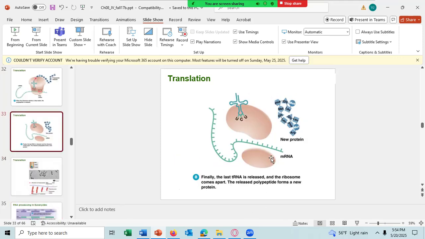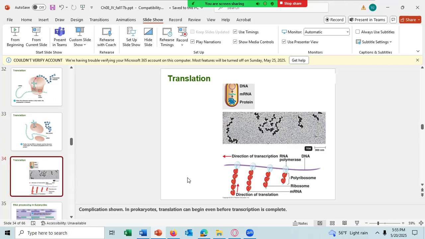And there you see the ribosome falling apart into two pieces. The messenger RNA is now released. The tRNA is also released, and the protein is released. Any questions about any of that? If not, let's talk about a little bit of complication, and that is